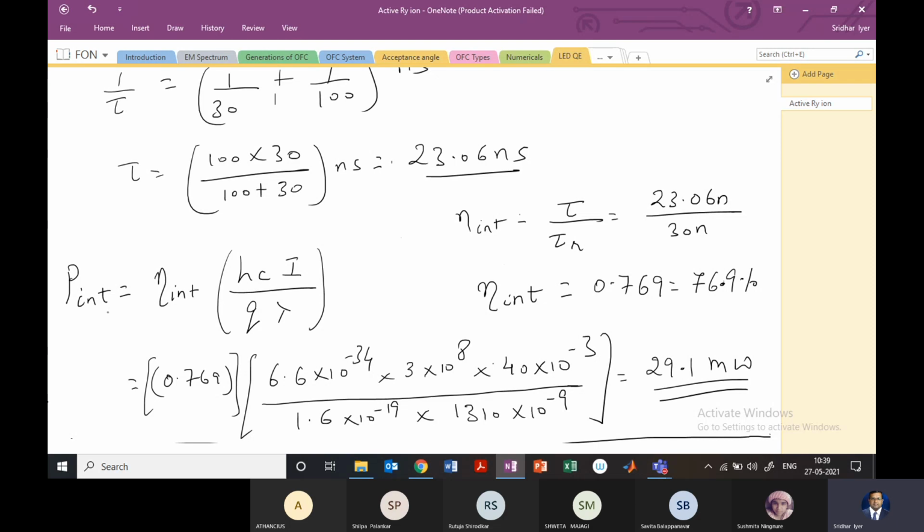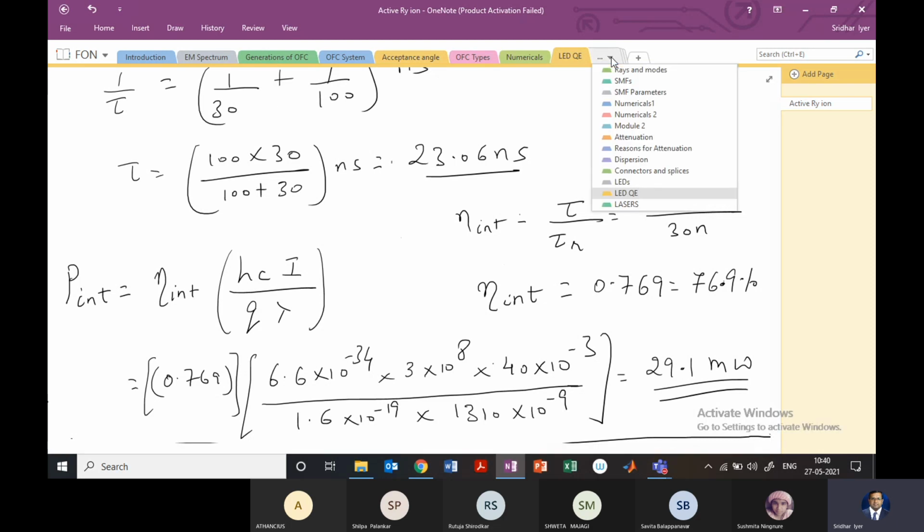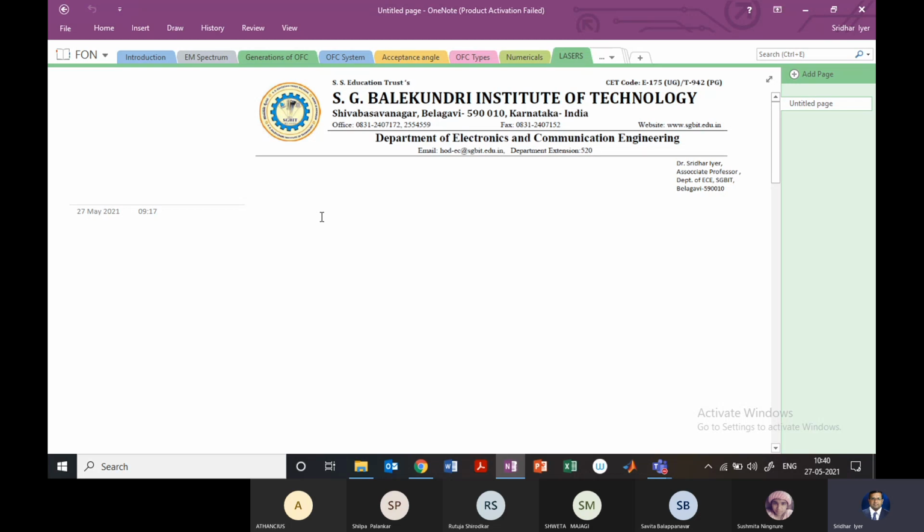In that case, we tend to use what is known as the laser, because laser has much more directional light compared to the LED, and it also gives coherent light because of the cavity in which the light amplification takes place. So we'll talk about that. That's why we need to talk about lasers. The disadvantage of laser, of course, is that it's costly. Many people also talk about the radiation aspect, but the wavelengths where these lasers work in optical communication do not give any kind of radiation.